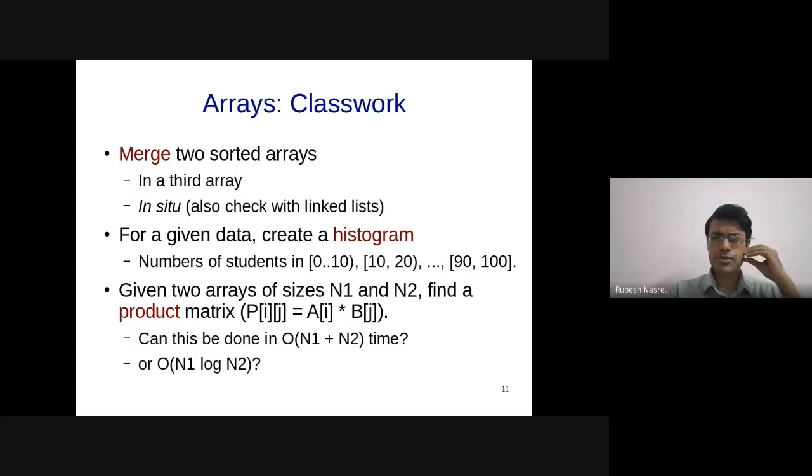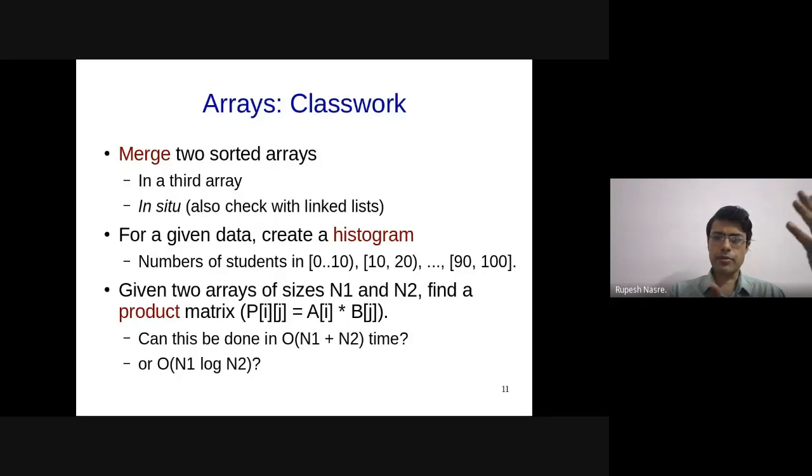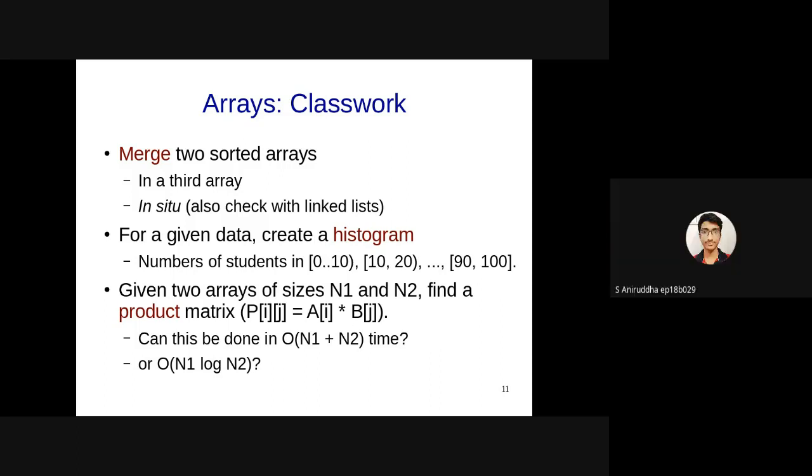Yeah, I'm not able to see why it will still be order n1 plus n2, because if you need all the elements of this product matrix, not at one time but at different times, and you are computing it on the fly, you will still require n1 into n2 number of multiplications, right? No, sir. Let's say we want to access P of ij. To calculate P of ij, we just need A of i, which is constant time access, and B of j. So if we have the original input arrays stored, then to give P of ij, it's not a big deal.